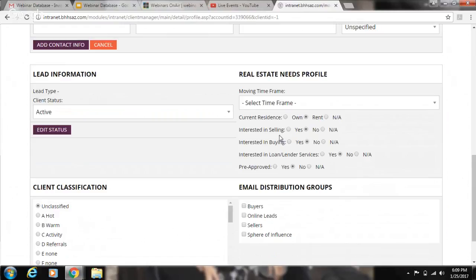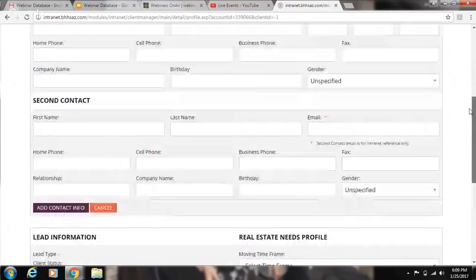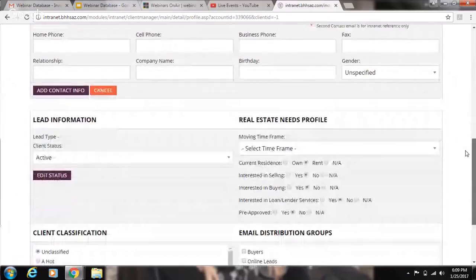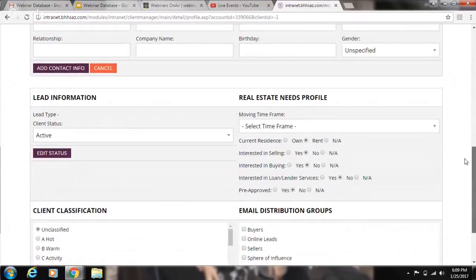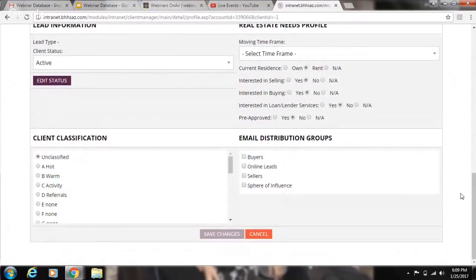Also, this information is pretty good. What I would say is for you guys to really look at this, all the information that is asked of the system and create some kind of registration sheet that really correlates with this because it'll help you get as much information as possible. Now, because we've already set up our email distribution groups, that means that my buyer campaign,